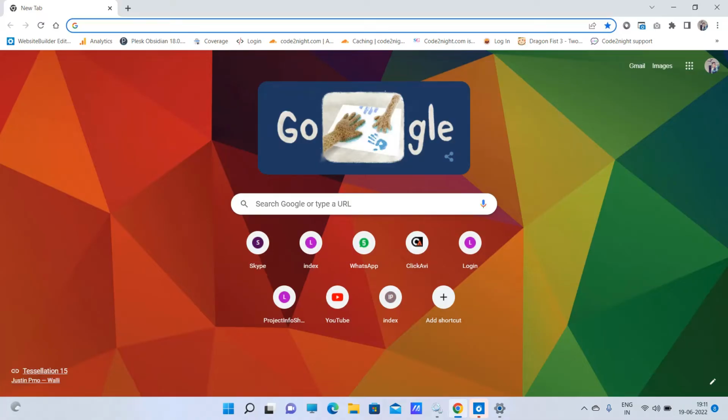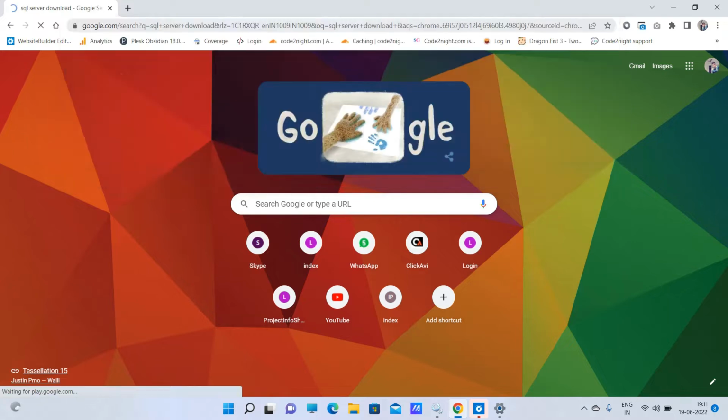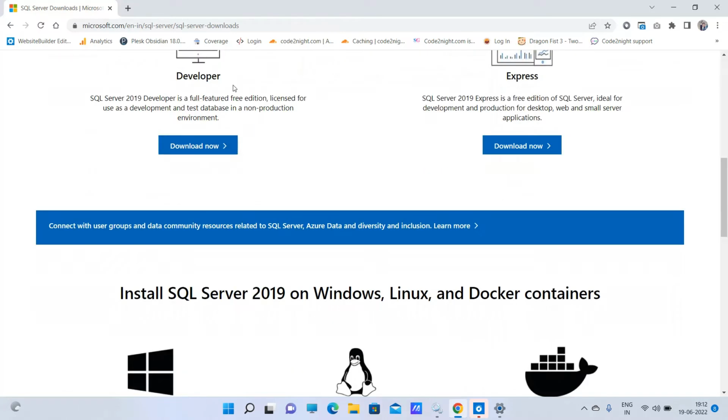In today's video, we will see how to download and install SQL Server 2019. So for downloading SQL Server, you can go to Google and type SQL Server download, and this will by default go to SQL Server downloads here. The first link. Here you have to click on Developer, Download now,